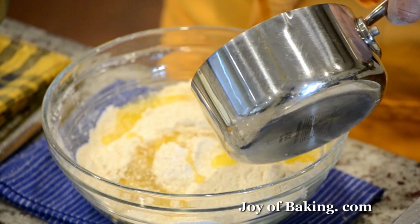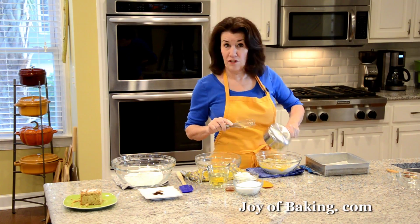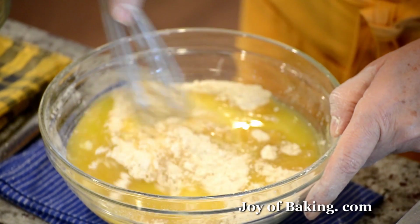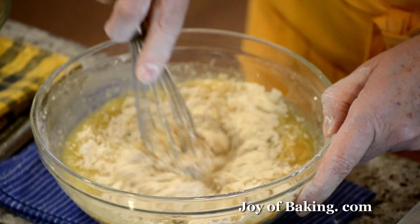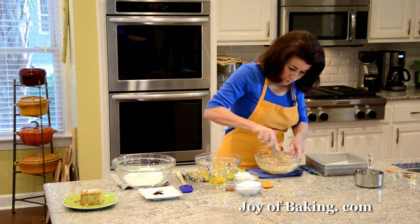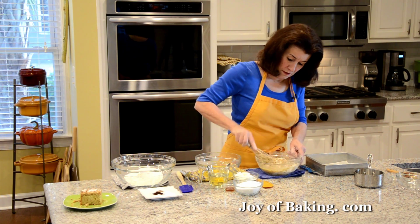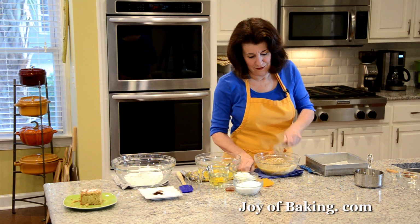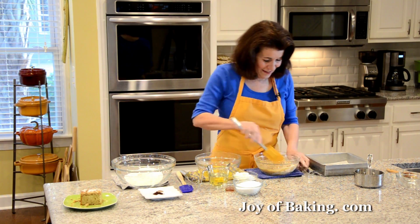And yes, I did use a little of this melted butter to butter my pan, just to save myself some time. Won't matter, a little bit less. And I'm just going to stir that all together. Pretty easy. Probably shouldn't use the whisk for this. Don't use a whisk for this. I'm going to use my...